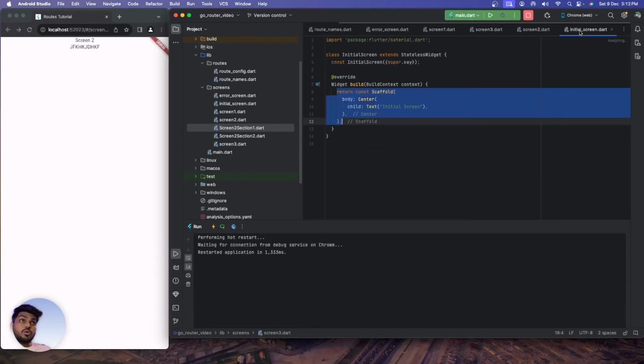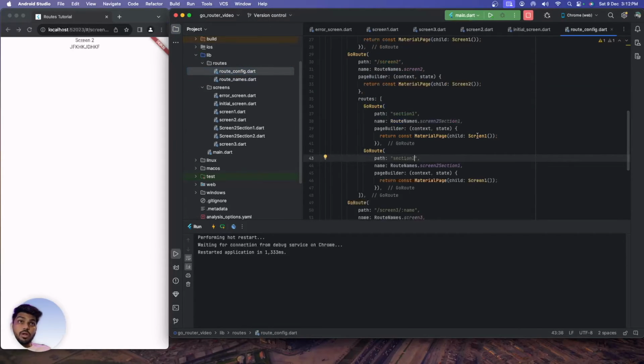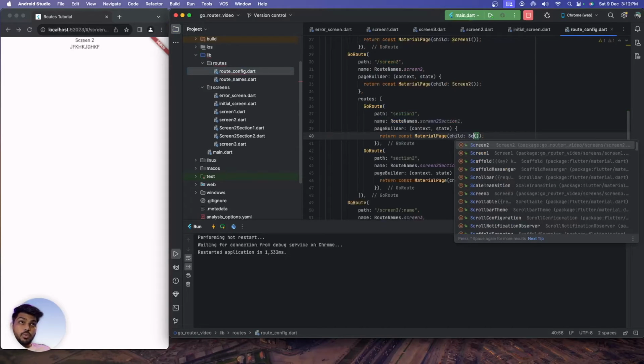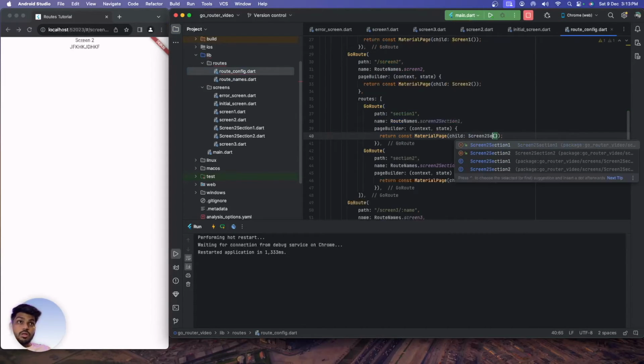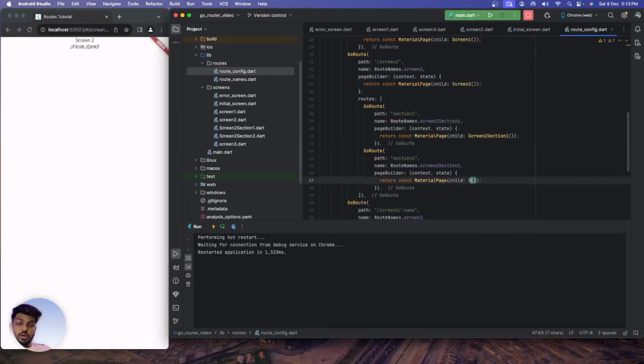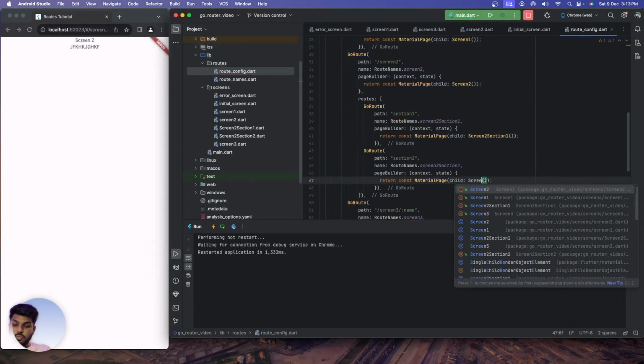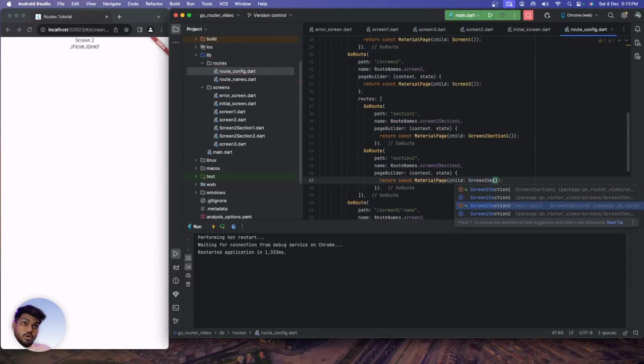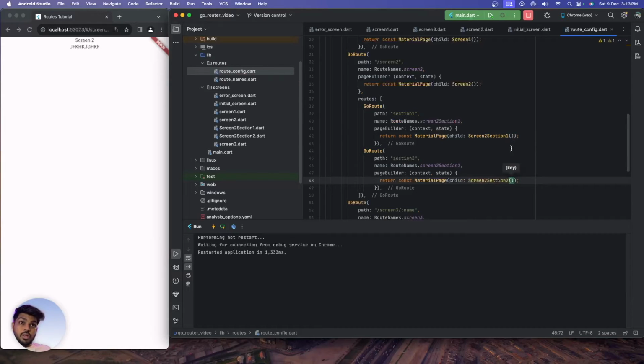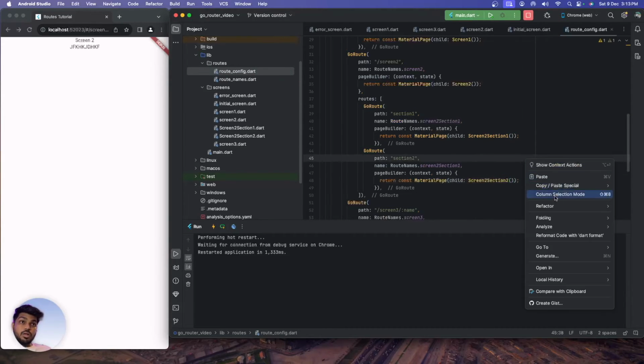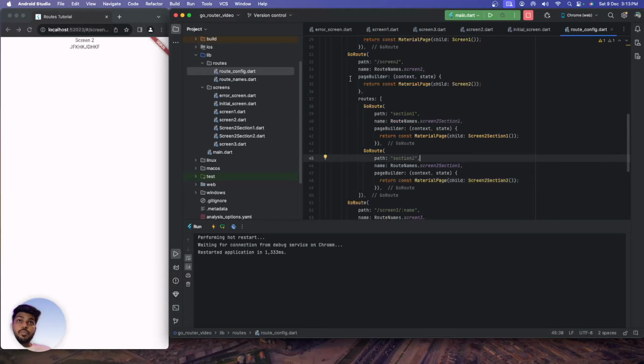Okay, so now we'll come to the route config again. Over here I will use screen 2 section 1. Over here I will use screen 2 section 2. Okay, and I've given the names as well, so that would work directly. Now if I restart the app,